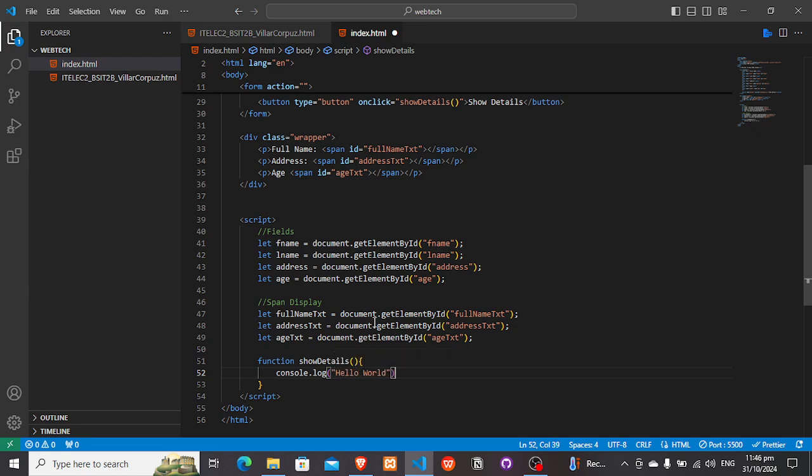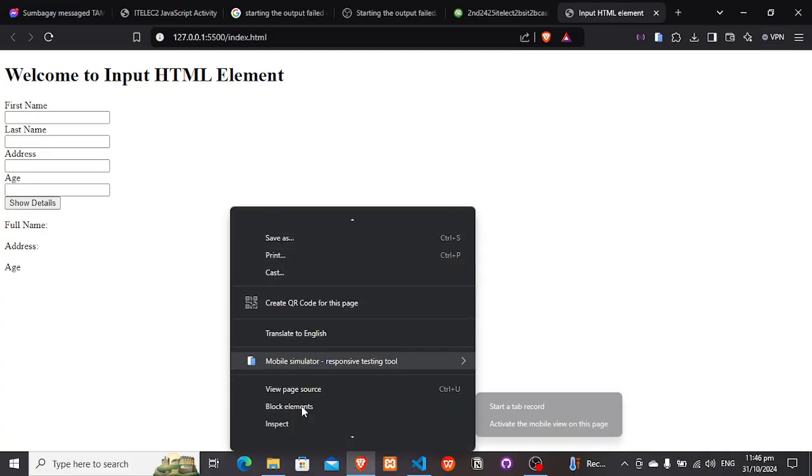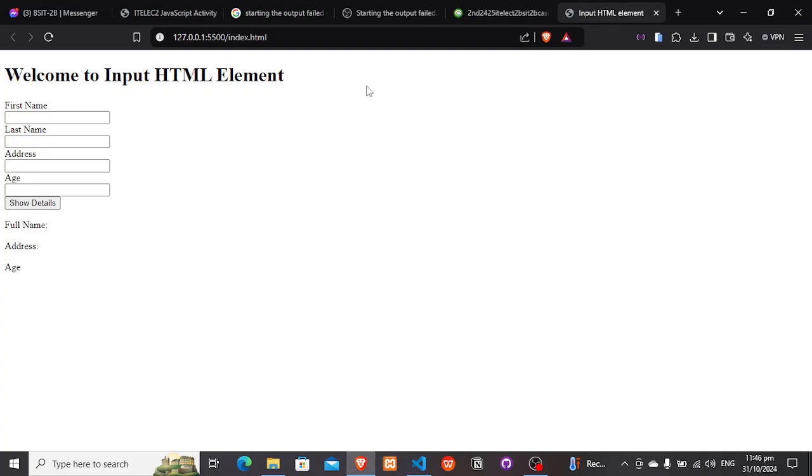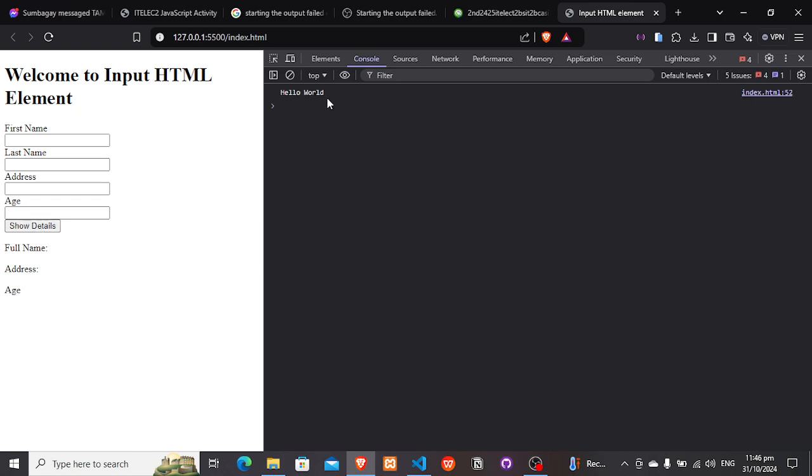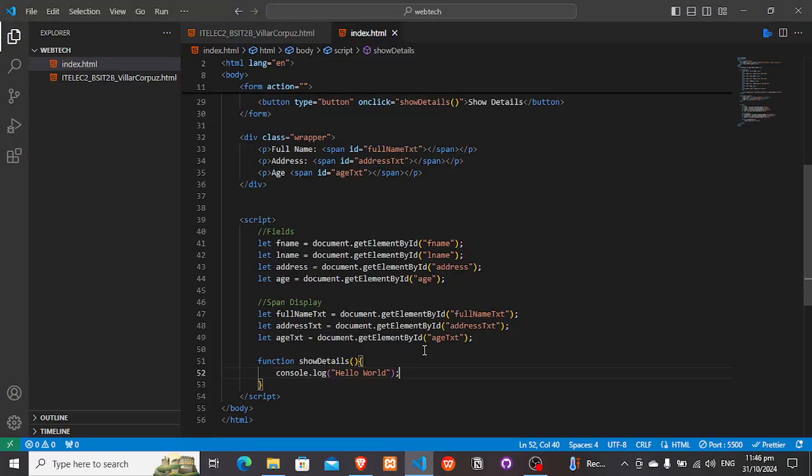Hello world. Now we're going to access inspect element. Then once we press that, dapat may lalabas na hello world. And there you go, there you have it. May hello world na lalabas. Delete na natin. And after that,